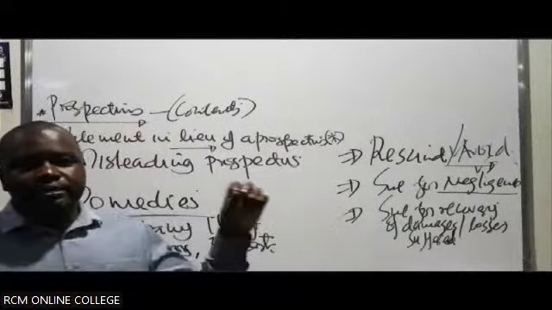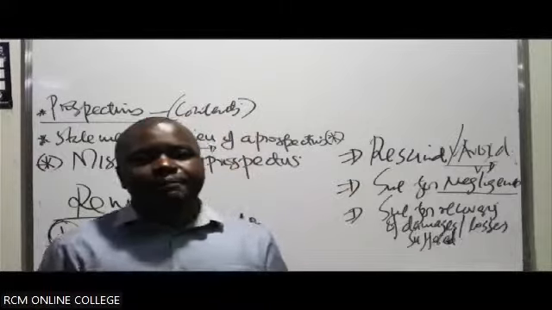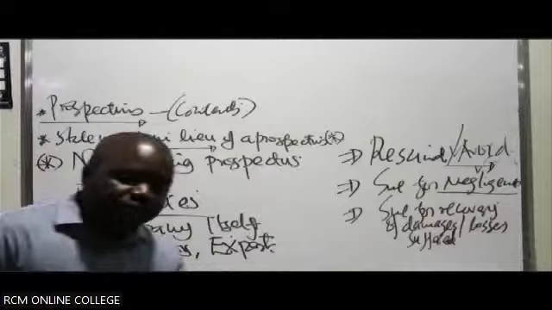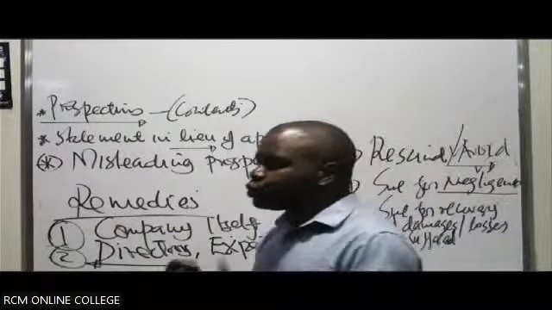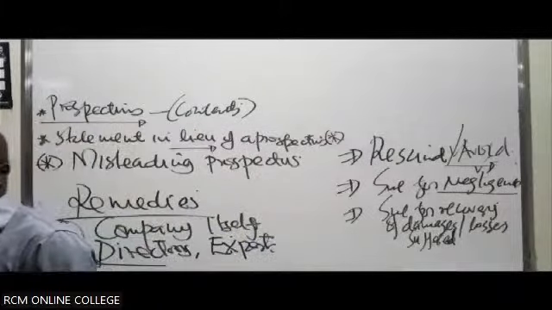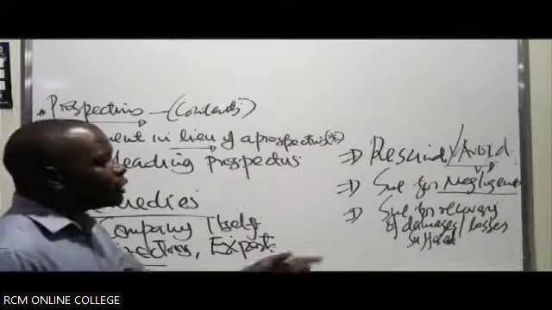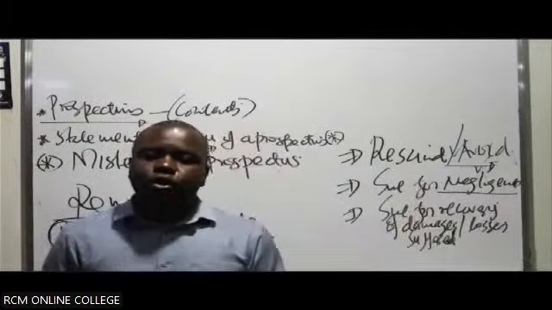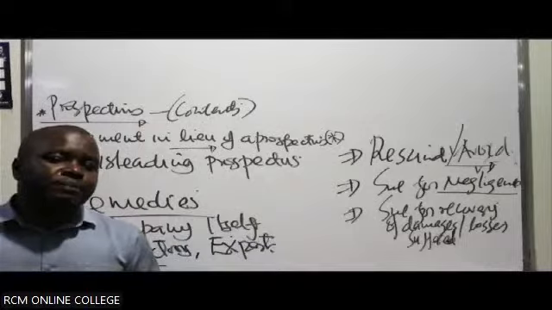Number three, he can pick out that misrepresentation. He can pick out the statement in the prospectus which was not correct, that was lying about the company, and produce it as part of the evidence. This is what you said, and it is not actually true or factual about the company. With him being able to prove this, he will be able to avoid or cancel the contract of allotment of the shares. So he must prove those.